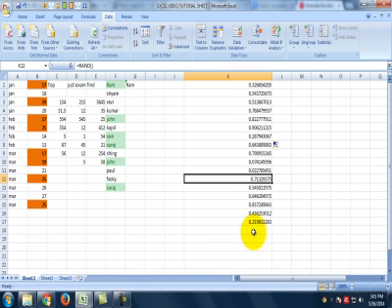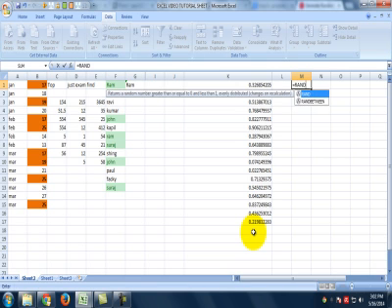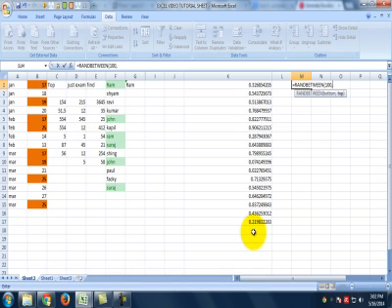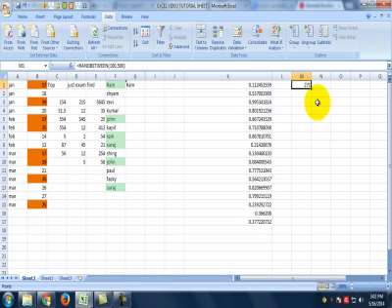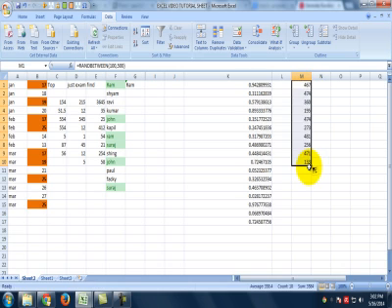And there is another way to generate random numbers between two numbers. Suppose if you want to generate 10 random numbers between 100 to 500, then you can use formula RANDBETWEEN bracket start the initial number, that is 100, and the maximum number 500, bracket close, then press enter and drag it for 10 cells, because you need 10 numbers, and if you need more then you can increase it.